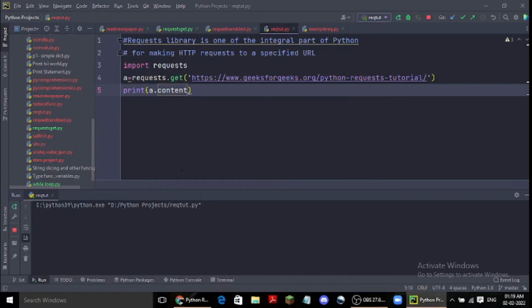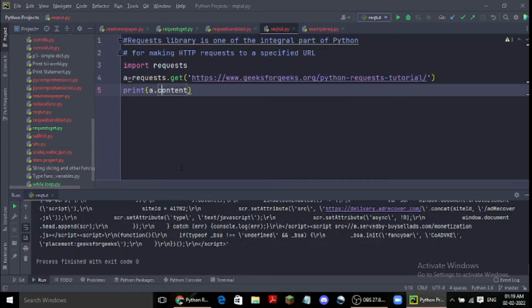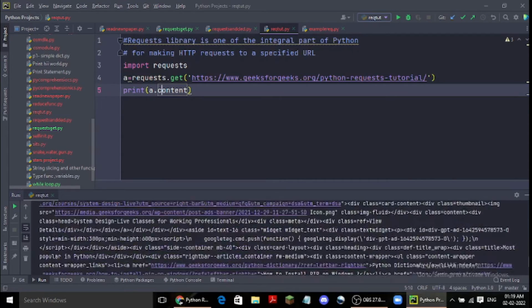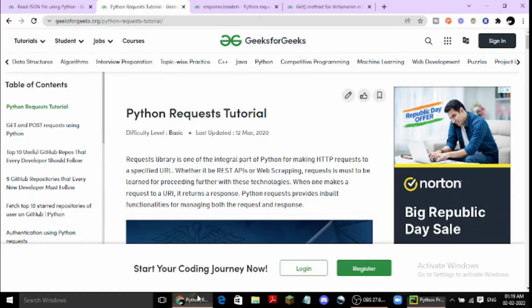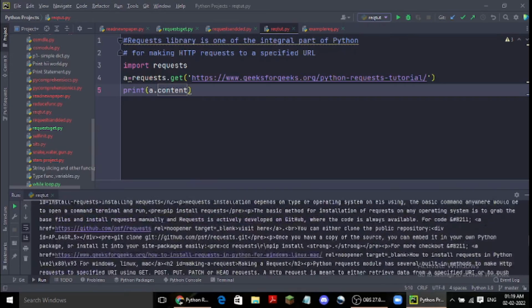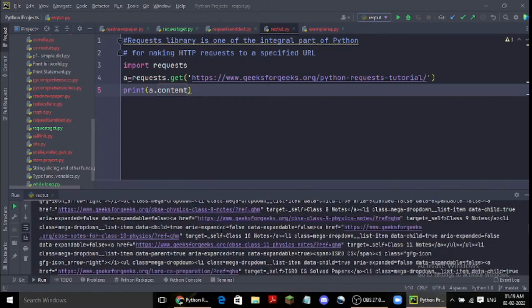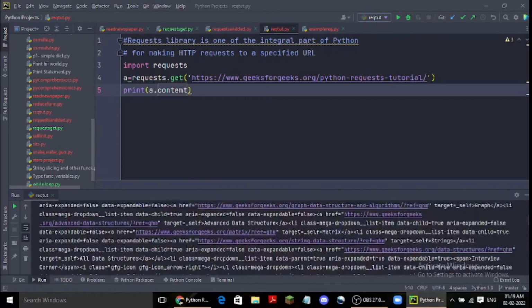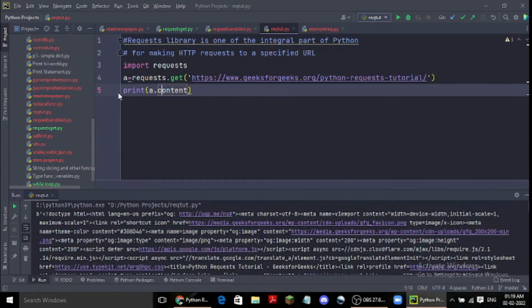Run a dot content. It will take some time. Now you can see it has printed everything that is there on this website, all the content. So this is how to get content.